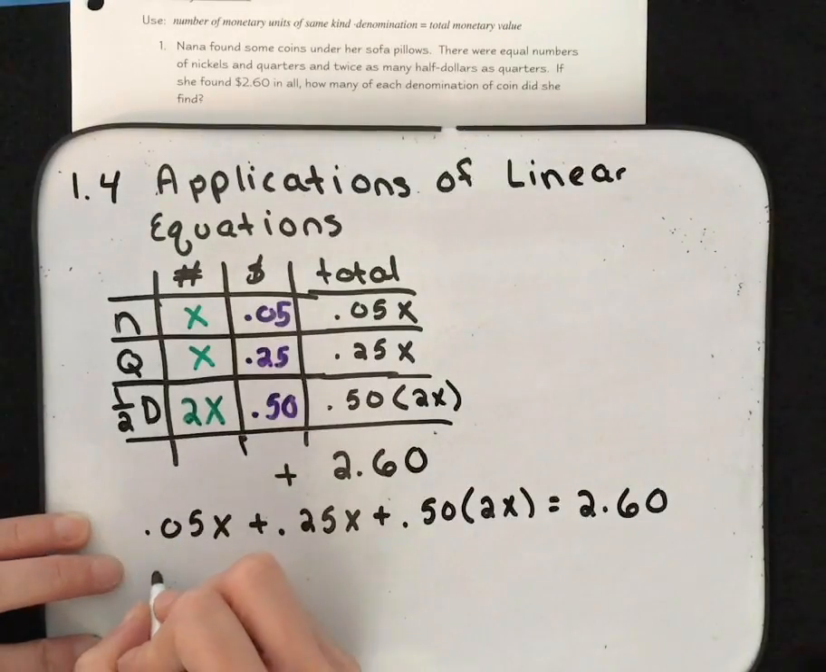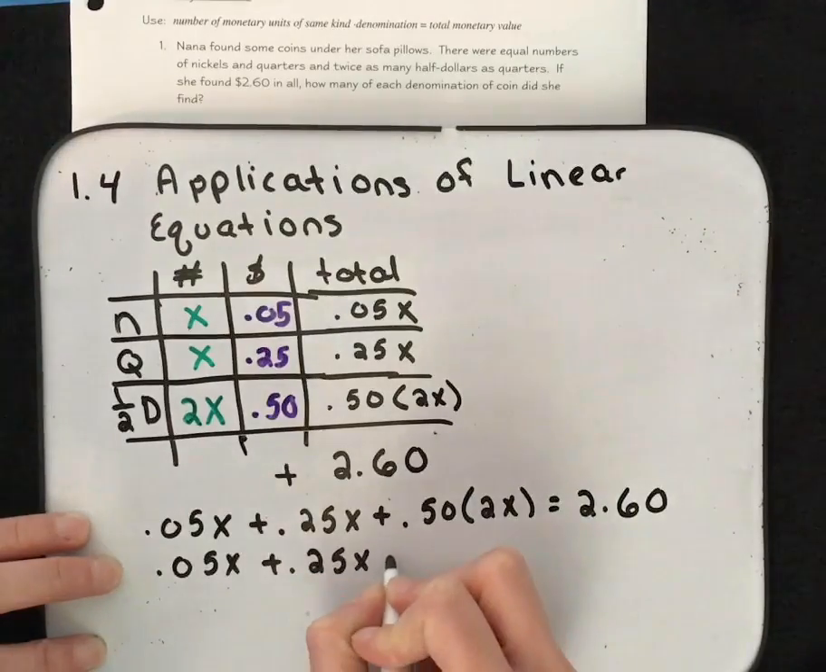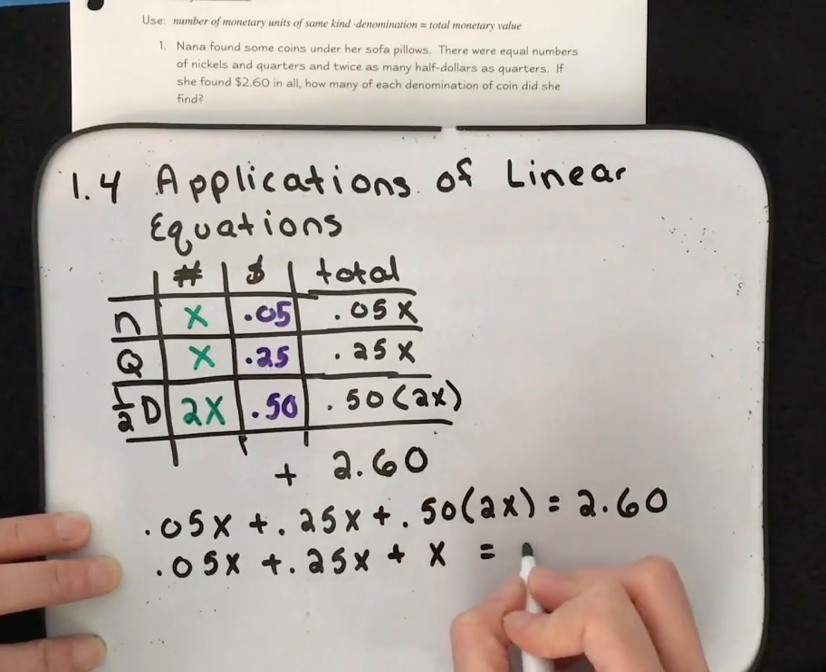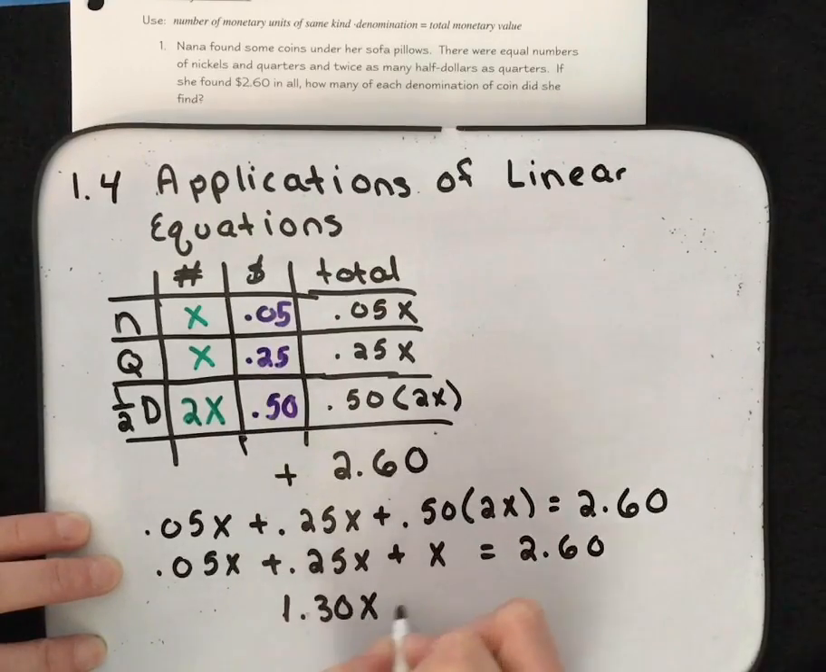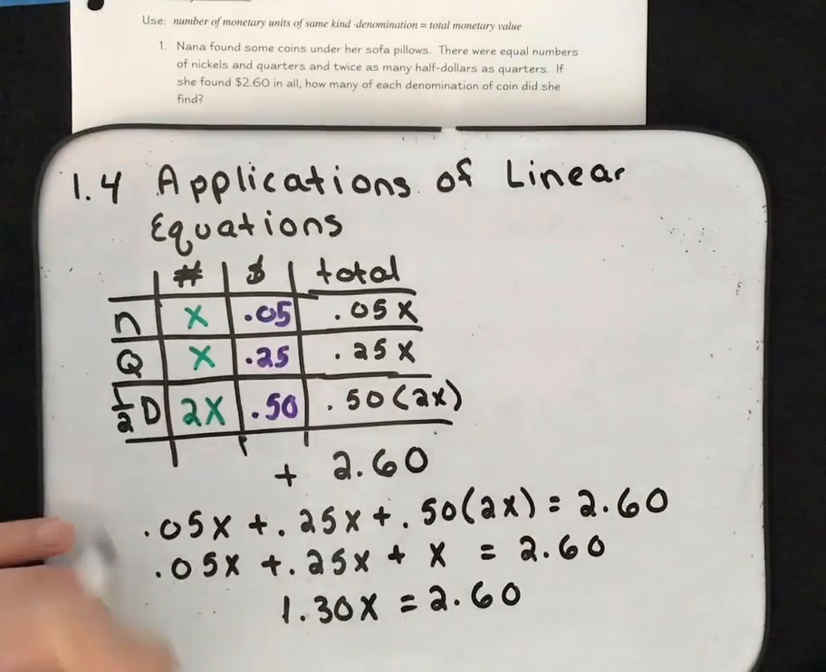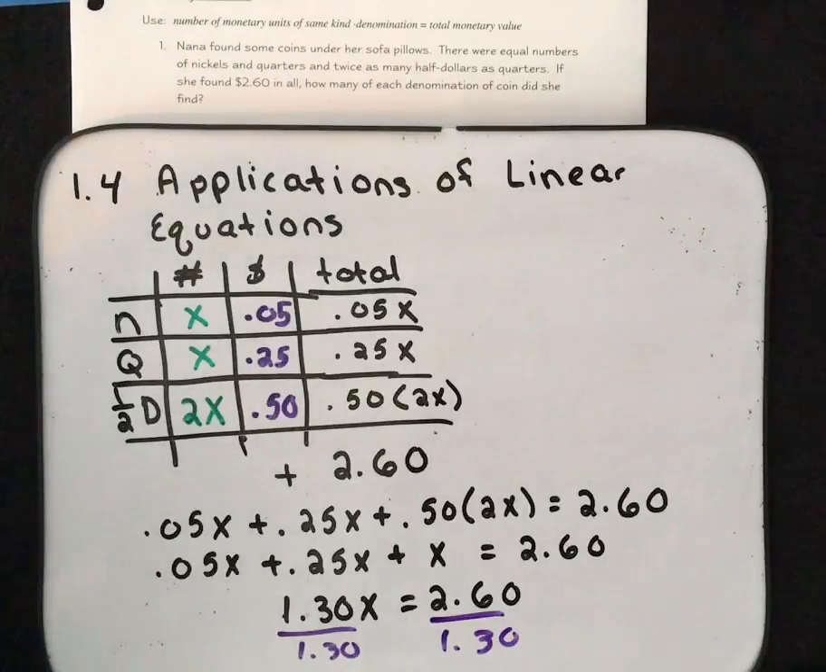So here we have 0.05x plus 0.25x plus 0.5 times 2 is just 1. So let's add these together. Here I have 1, here I have 0.25, and here I have 0.5. So that gives me 1.30x equals 260. If I divide both sides by 1.30, that's going to leave me with x equaling